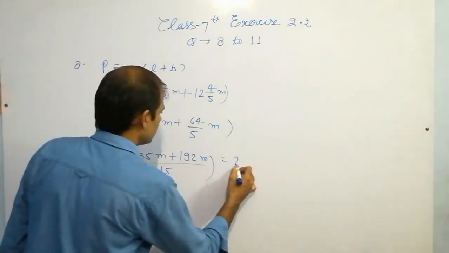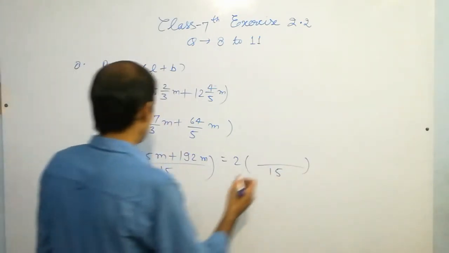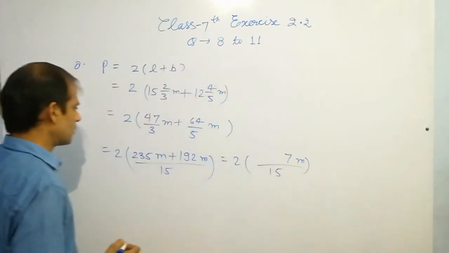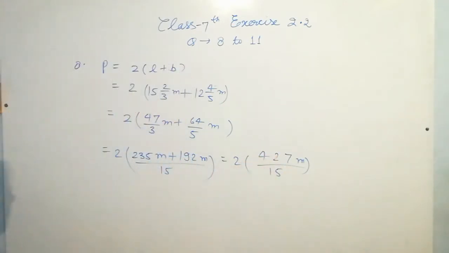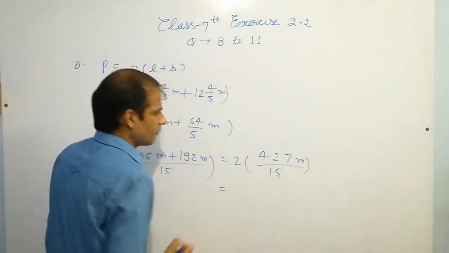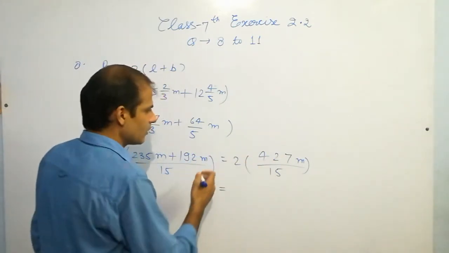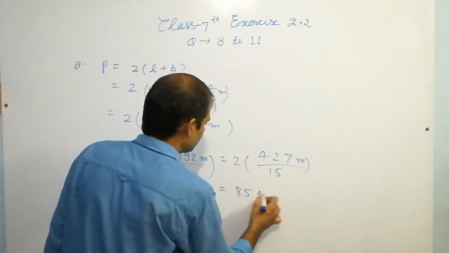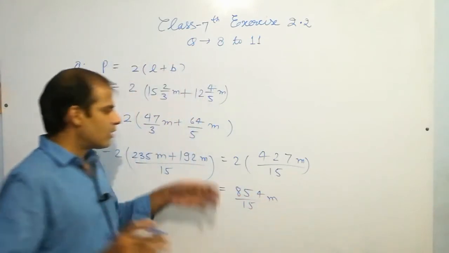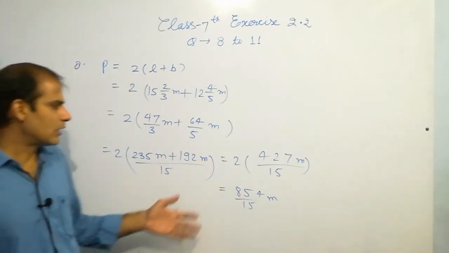Now it's 2 into, find the sum of these. So it is 5 plus 2 is 7, 9 plus 3 is 12 and it is 4. Okay, what about this value? You have to perform division here. Now multiply this by 2 as it is: 854/15 meter. If you finish here, this is also a right answer, or you can convert this into a mixed fraction.